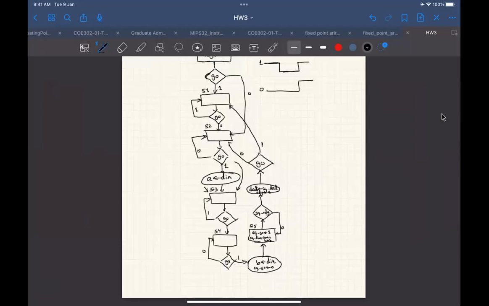I want you to practice writing an ASM chart and writing an algorithm first, and then algorithm is written for you, of course. But deriving the ASM chart and also trying to make it as